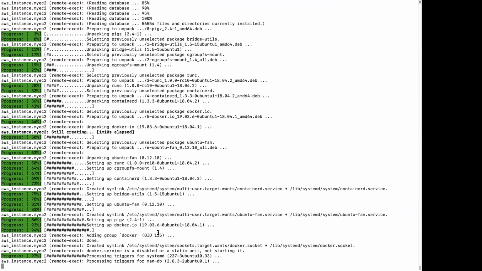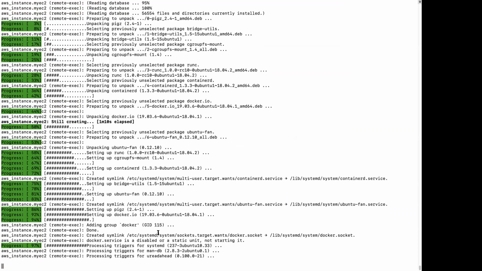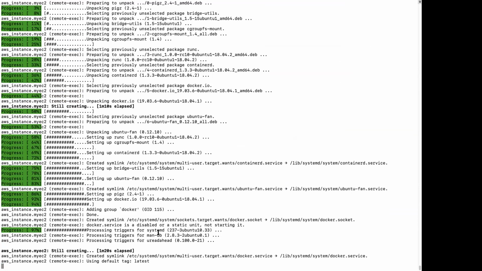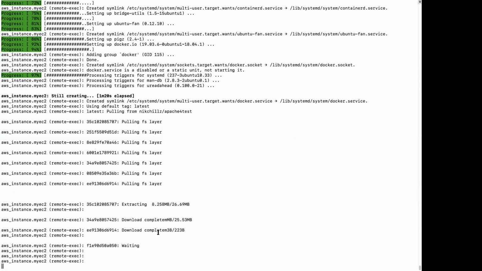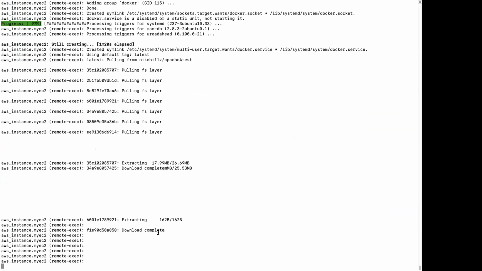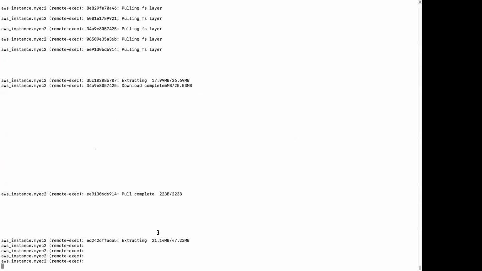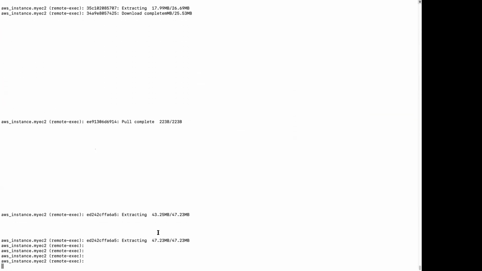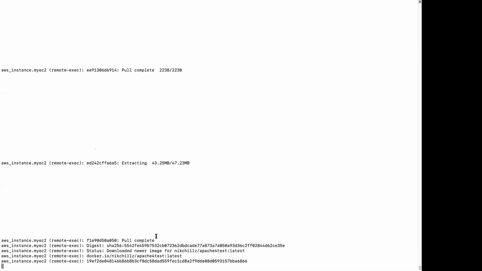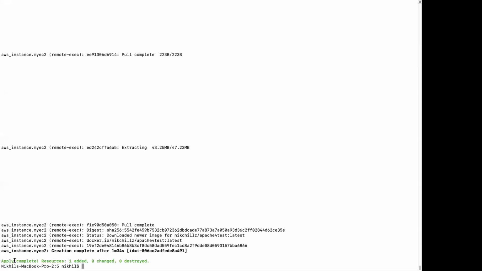It has started with the Docker processing. Okay, once all this is done, it says the apply has been complete.